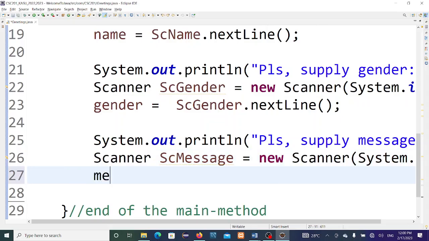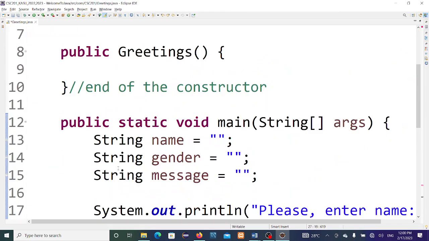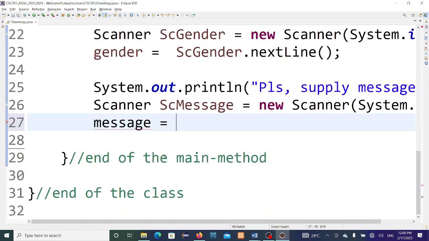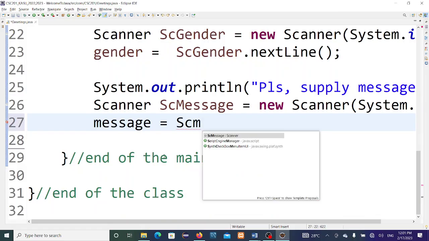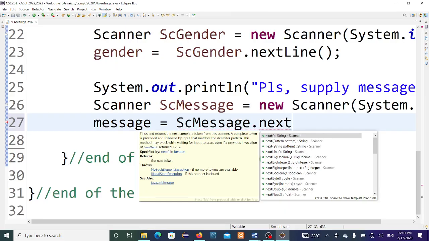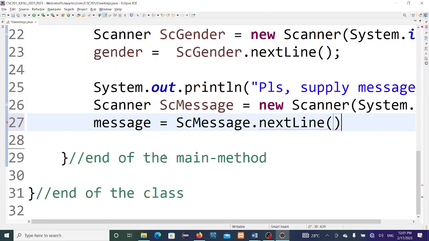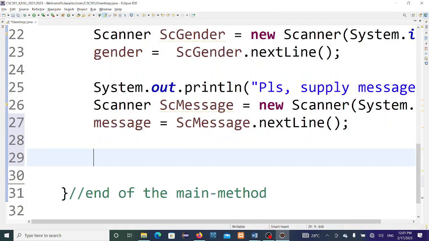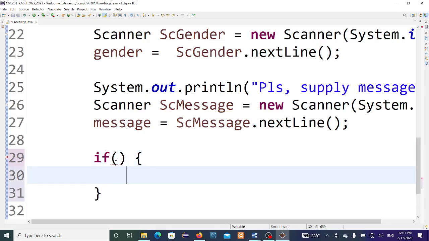So a message. We have message. Yes, message. SC. SC means kind of class object, right? Message dot next line. Okay. Then down here, this is where you decide. You're going to use the if statement, and then you decide. You now say if